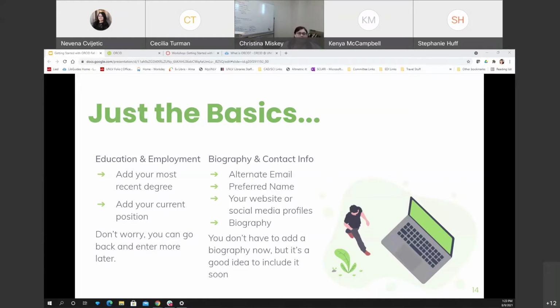Cecilia, are you talking about your Orcid ID, the 16-digit number? Or are you talking about editing the profile itself? You can't edit the number itself. So each number is, oh, the profile. Okay. So I actually have,